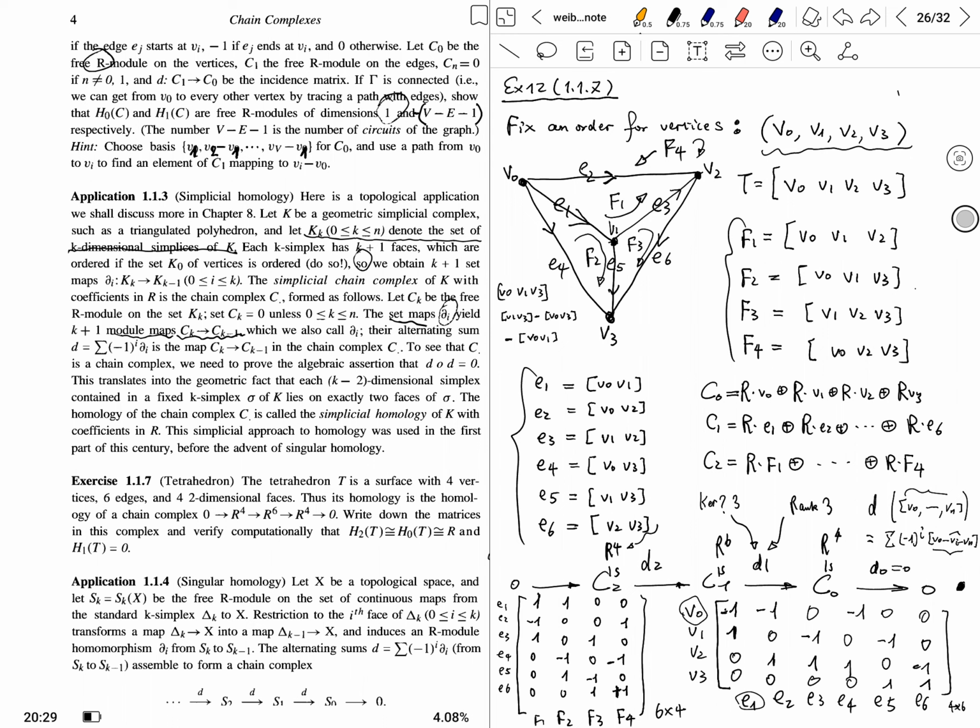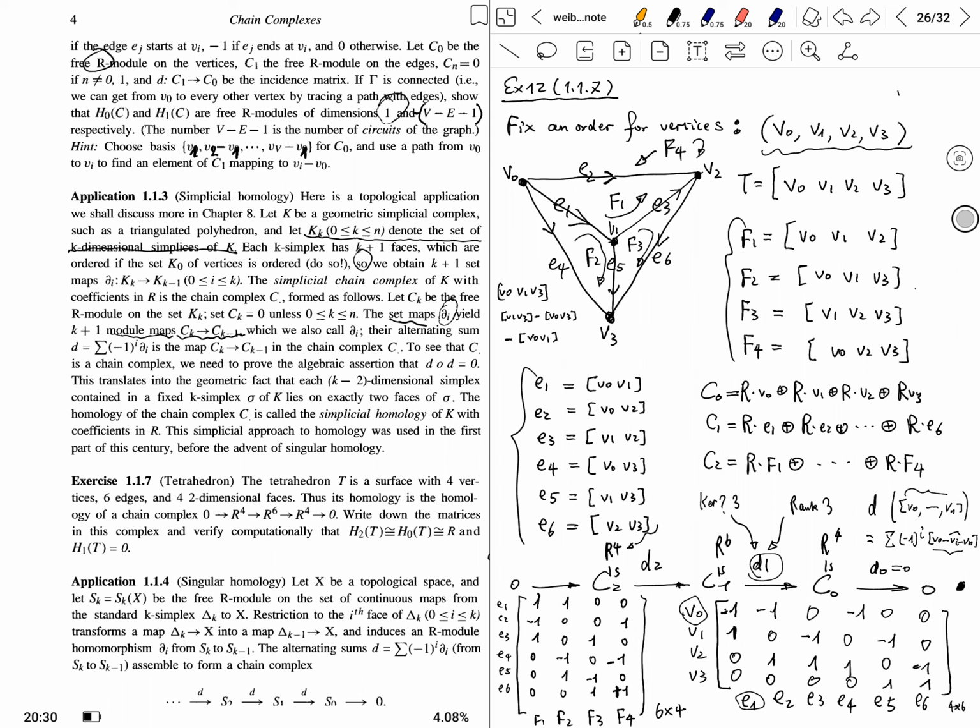Understand? For example, if you're talking about R equals Z, then there are examples I will mention later whose homology group is the quotient by, for example, the integer 2. But it doesn't stop us from writing this matrix representation for the differentials d1, d2. How do you do this? This is very similar to the last exercise 1.1.6 for the graph, the homology associated,